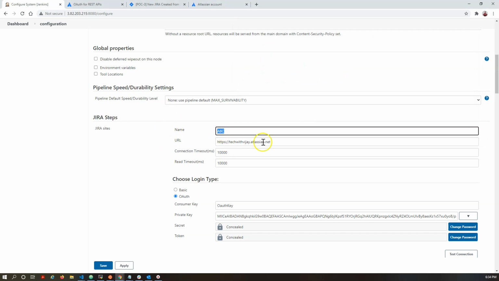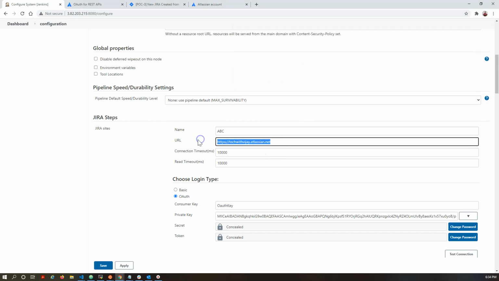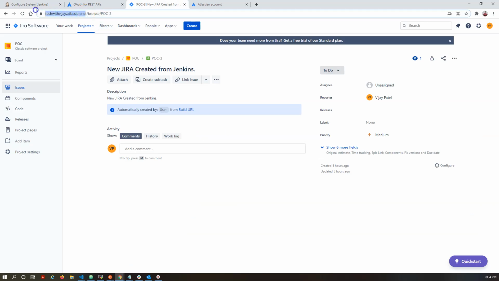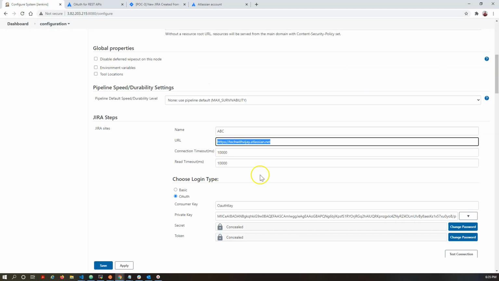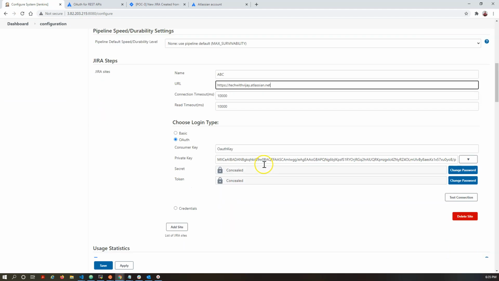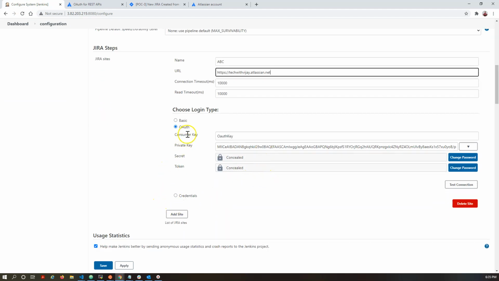So I have given the name as ABC. This is my Jenkins URL. You can see this is my Jenkins URL. This is actually deployed over the cloud, Jenkins cloud. Jira cloud. So this is Jira deployed over the cloud. So Jira software is deployed over the cloud. So we have given the URL here, taking the connection timeout and read timeout as default, and the basic